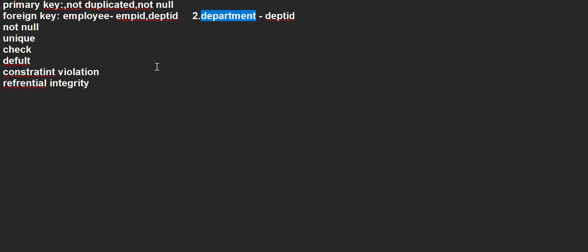First point is that it is used to connect the tables and link the table's primary key with another table. Okay,